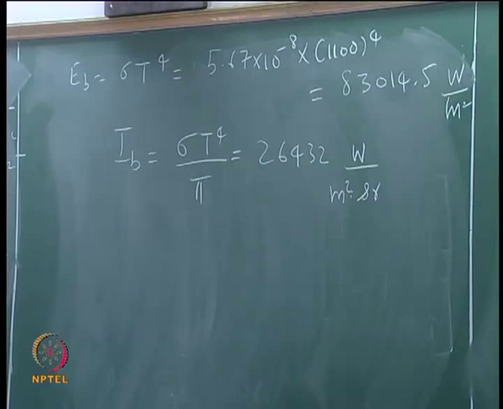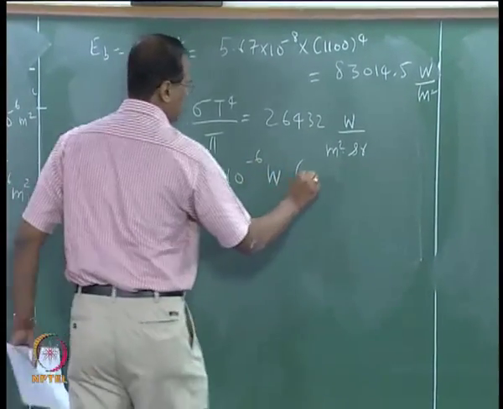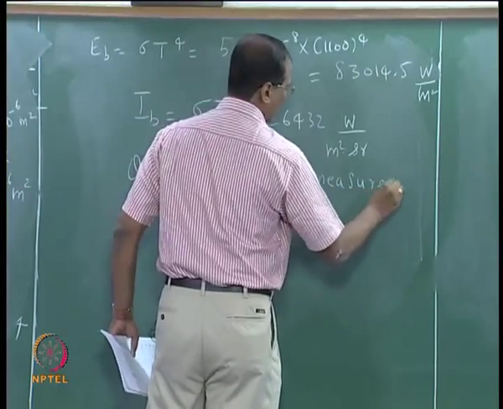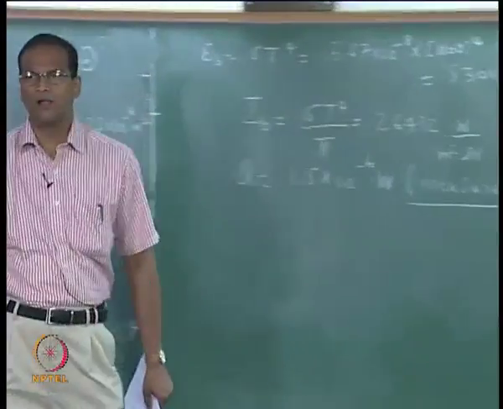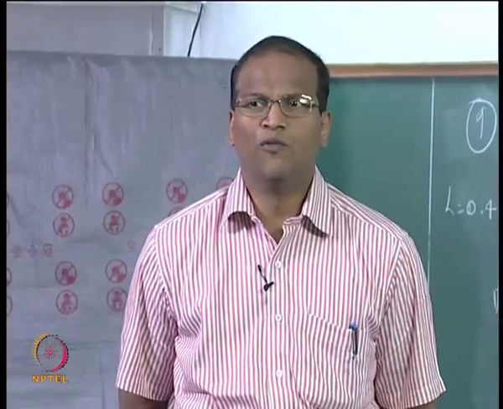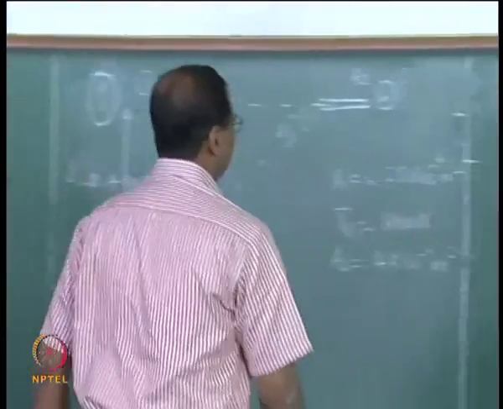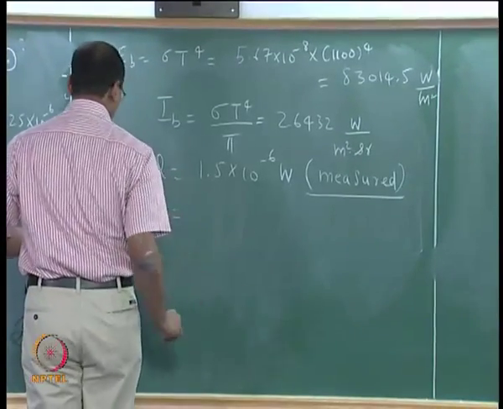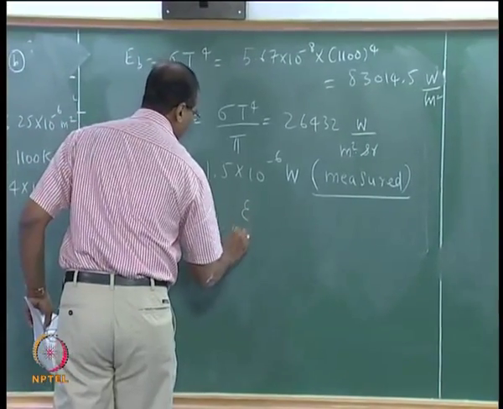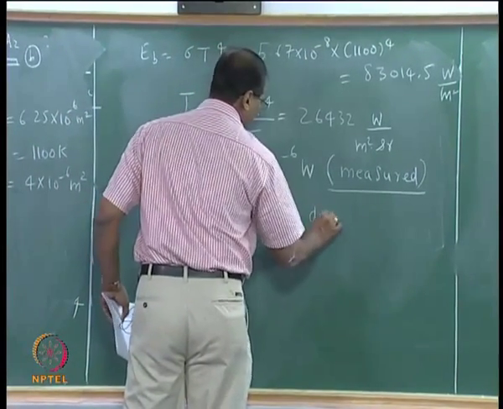Okay, so for the first part, now we have to say Q is measured, that I gave you. Now we have to write a formula for Q in terms of our fundamental quantities. Hopefully in that expression epsilon dash theta will be there. Now Q is also equal to A1 epsilon theta equal to 0 IB d omega, correct.